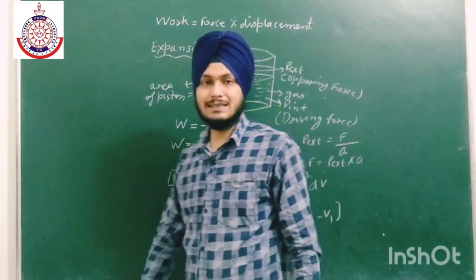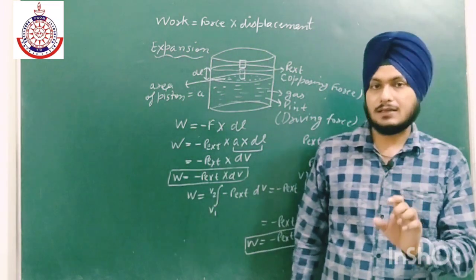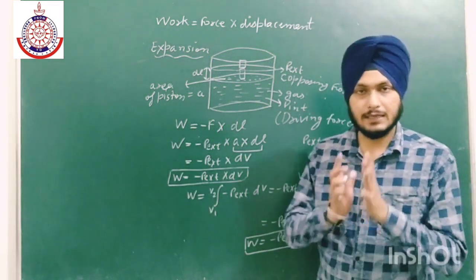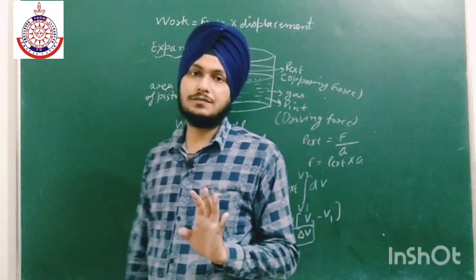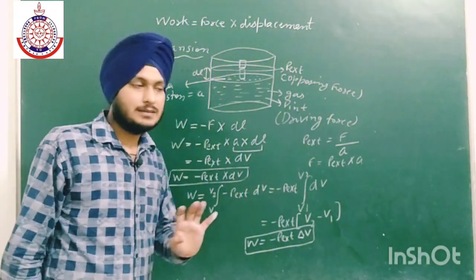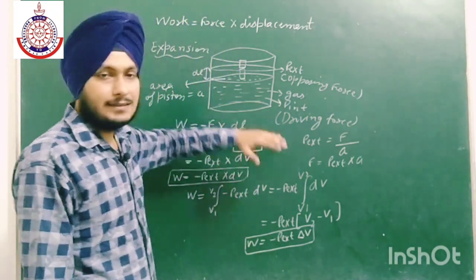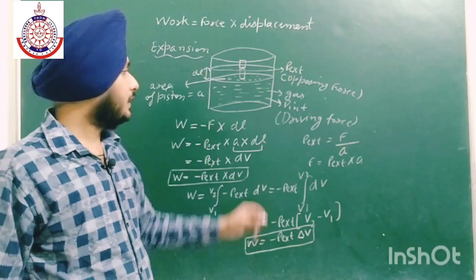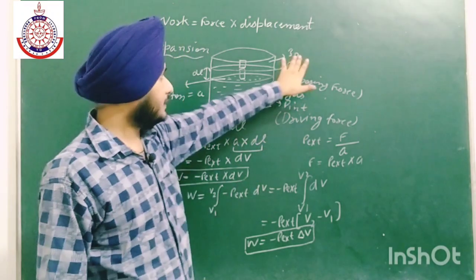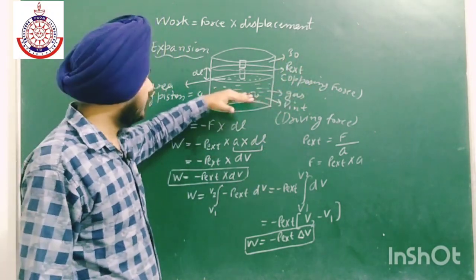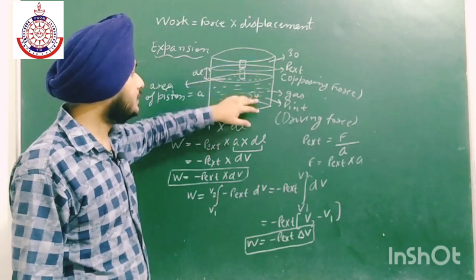Work is minus P external into delta V, because in case of irreversible, the P external will always remain the same. In case of reversible, it will change after each and every step, but in case of irreversible, the P external will always remain the same, because it occurs in a finite number of steps. For example, if a reaction is taking place in a single step, and I am taking the external pressure as 30 and the internal pressure is 50, the external pressure will remain the same. The internal pressure will become low by expanding, and the expansion will take place up to 30.